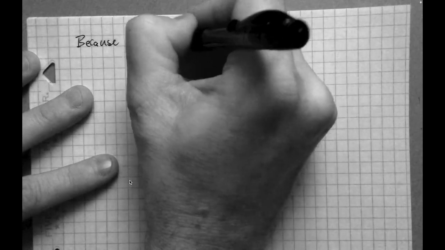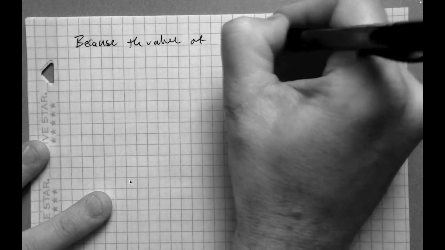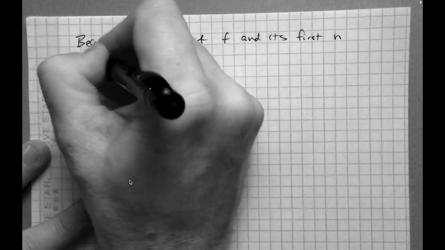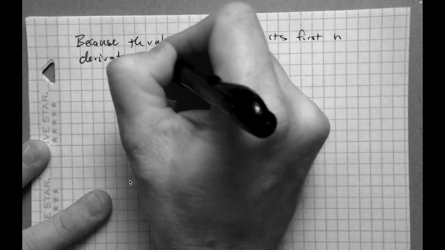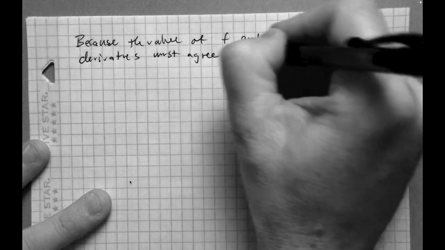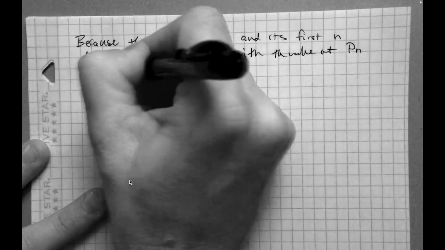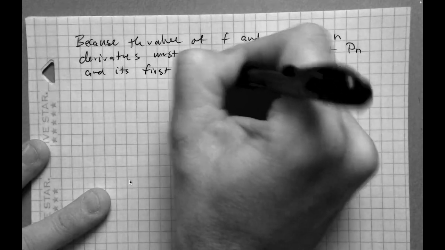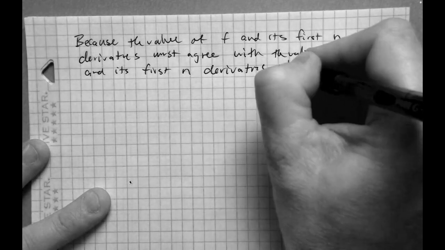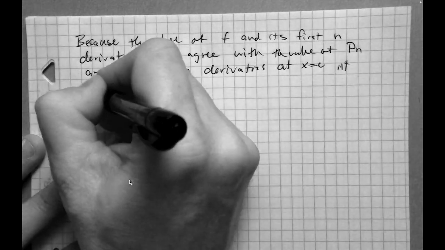Because the value of f and its first n derivatives must agree with the value of p of n and its first n derivatives, and specifically at x equals c,